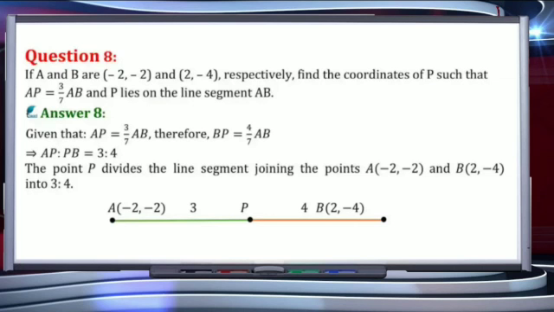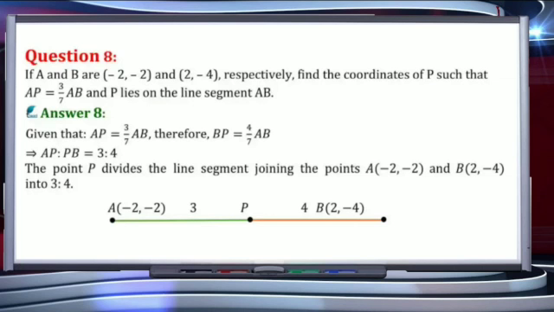AB. Again I am repeating this, students. This is a way they used to confuse the children. So do look for the ratio what is given to us. Be careful with this. Here we require AP upon PB to apply the section formula, whereas they have given you AP upon AB. So we know that if the entire length is 7 and AP is of length 3, then PB must be of length 4. So that means the AP upon PB ratio will be 3 by 4.